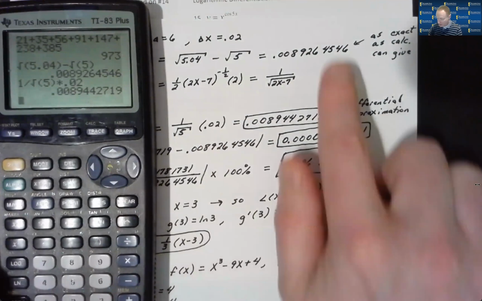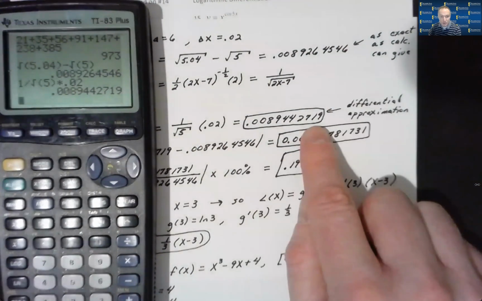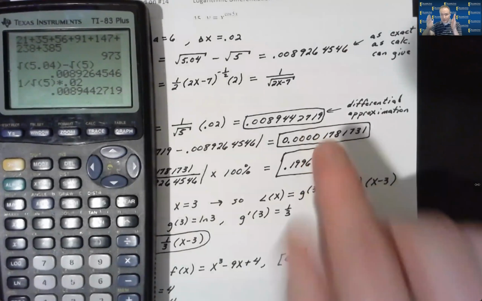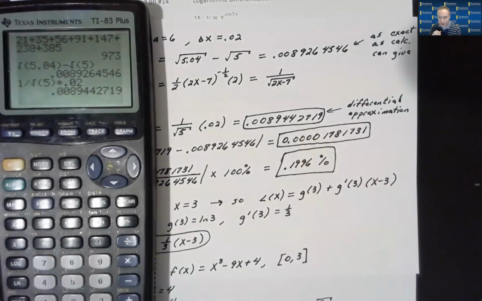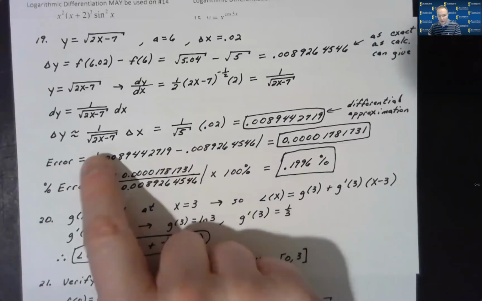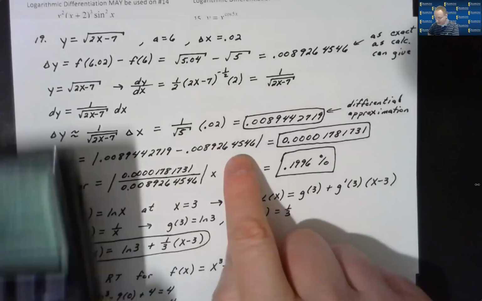And you see the value that I got here for the differential approximation, 0.0089442719. Now, the error is always the absolute value of the difference between what the exact value is supposed to be and what the derivative approximation is telling you it is. So it really doesn't matter the order of that since you're taking an absolute value. But in this case, I'll just go ahead and leave this term in there since I already have it in my calculator. And I'll say, well, the error is going to be the absolute value of this minus the exact